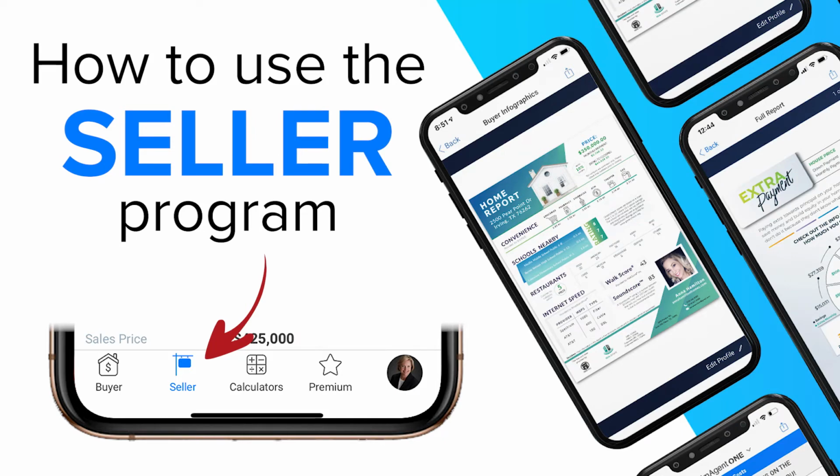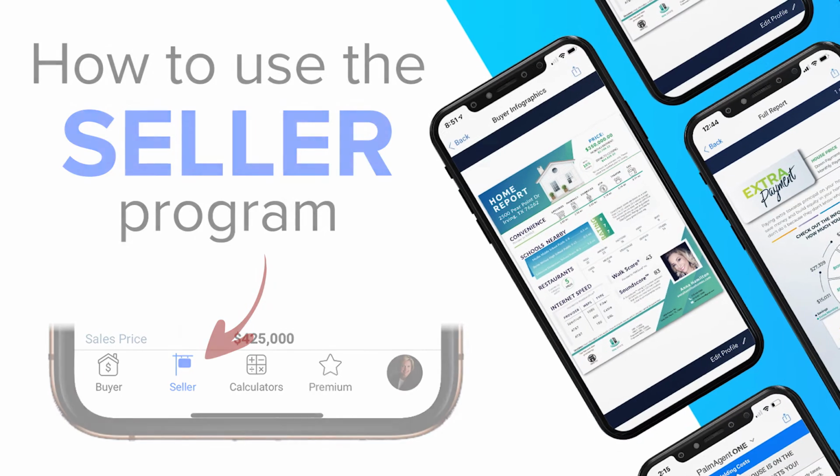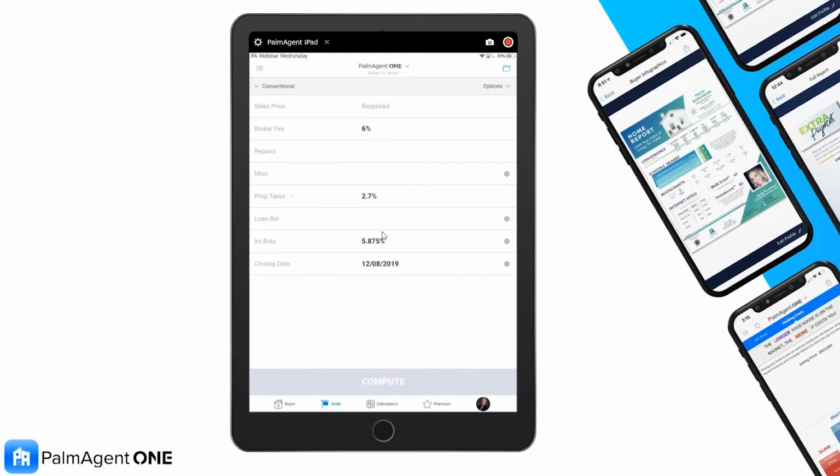So I'm going to press that seller button, and it takes me into my NetSheet program. This is the number one most widely used program in the app across the nation, and that is because all these sellers want to know is one thing. They want to know how much they're going to walk with on potentially the largest sale of their life, and this is going to be the tool that you're going to want to have and use to give them answers